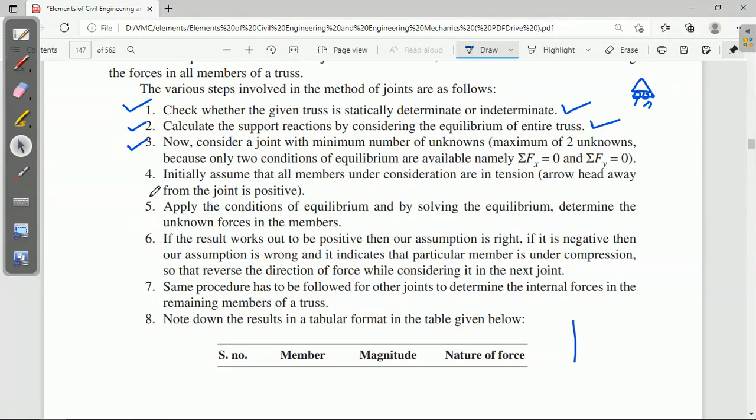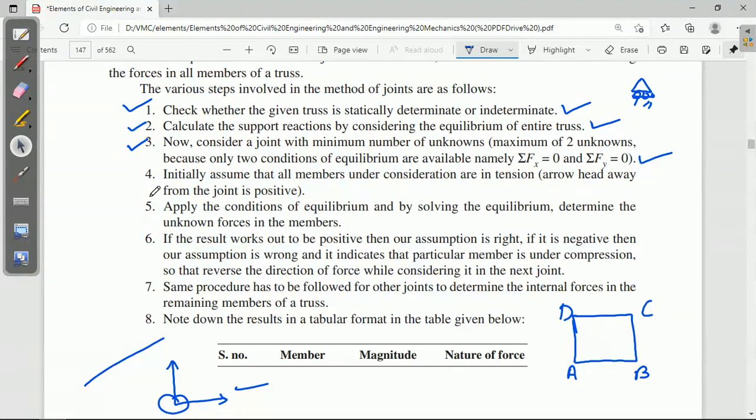Let me give an example. If it is a truss, this is the joint A, B, C and D. We are going to consider the joint method, that is, by the joint method we are analyzing. When I am considering only joint A, we need to consider how many forces are acting, apply the equilibrium condition and find out the unknowns. In detail I will explain while solving the problem. So now consider the joints, apply the equilibrium condition and find out the unknowns.